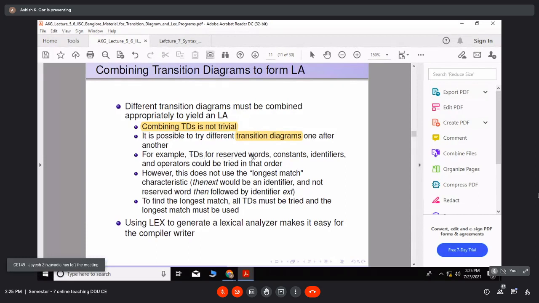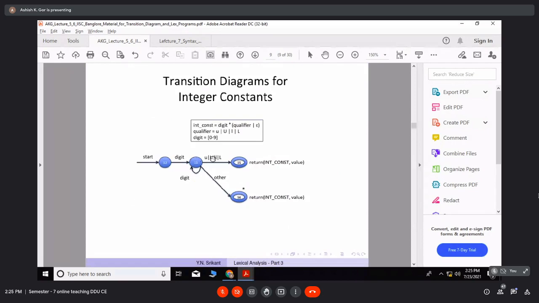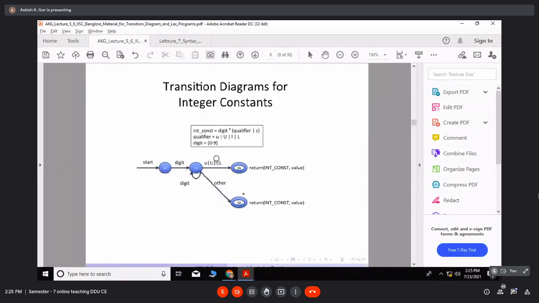I also told you that when designing transition diagrams, generally we use this sequence: first the keywords, then constants, integer, float, then identifier, operator. They have to be designed in that order. And then from that diagram, I told you how to get this code.